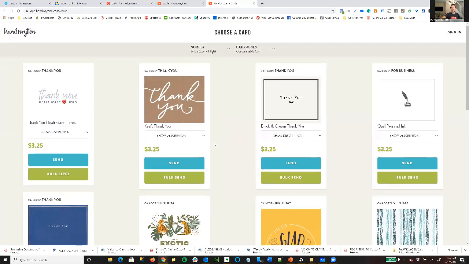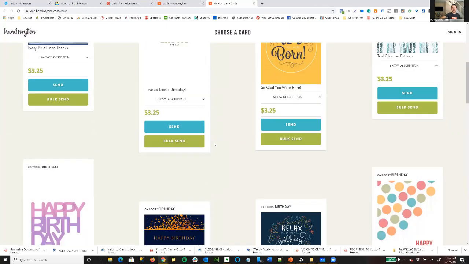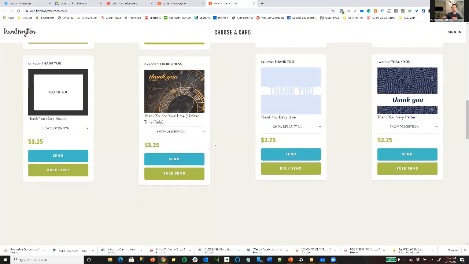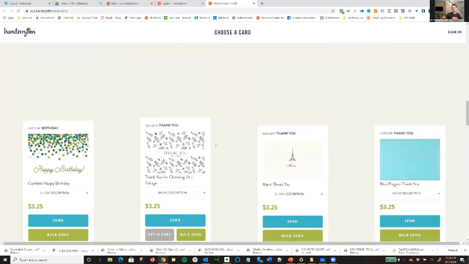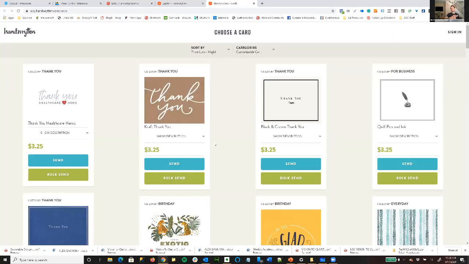You could see all the different cards here. So yeah, $3 or so. So you're not going to go crazy with them. You're going to use them for very specific situations, but it does give you the option of a handwritten card. And there are other services that might be a little bit cheaper, but this is one of the main ones. Nice, man. And that integrates with LinkU. So give me pricing for this part.